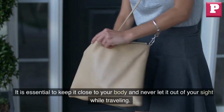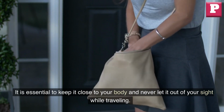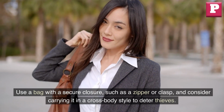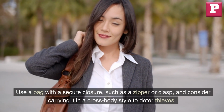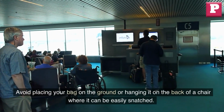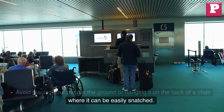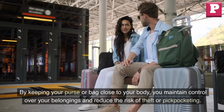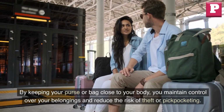It is essential to keep it close to your body and never let it out of your sight while traveling. Use a bag with a secure closure, such as a zipper or clasp, and consider carrying it in a crossbody style to deter thieves. Avoid placing your bag on the ground or hanging it on the back of a chair where it can be easily snatched. By keeping your purse or bag close to your body, you maintain control over your belongings and reduce the risk